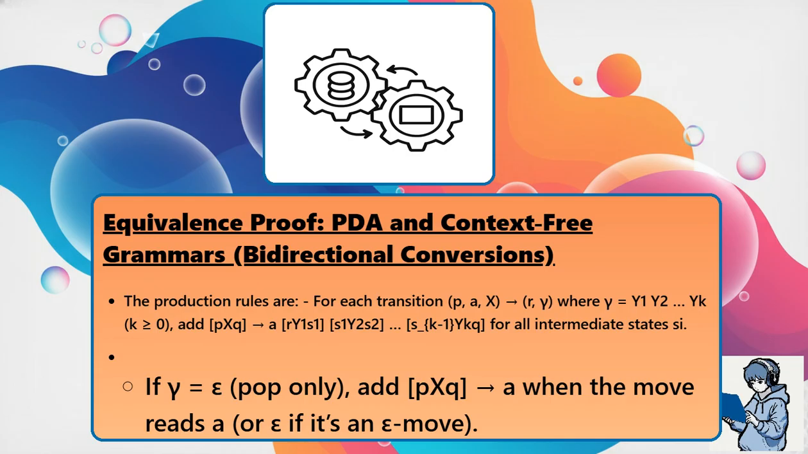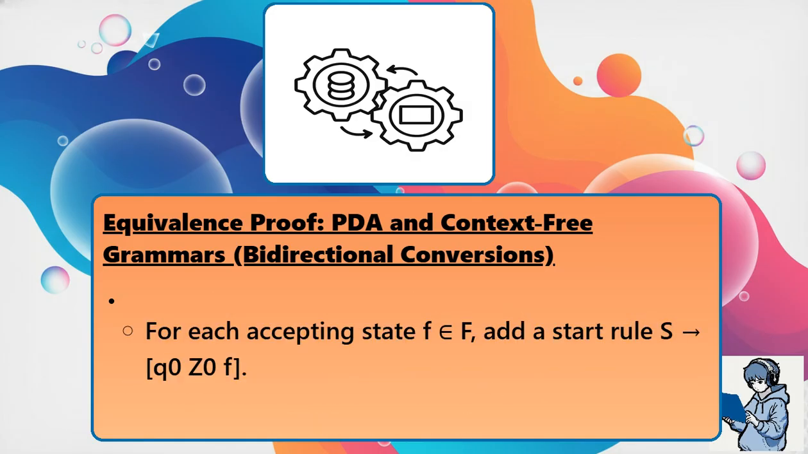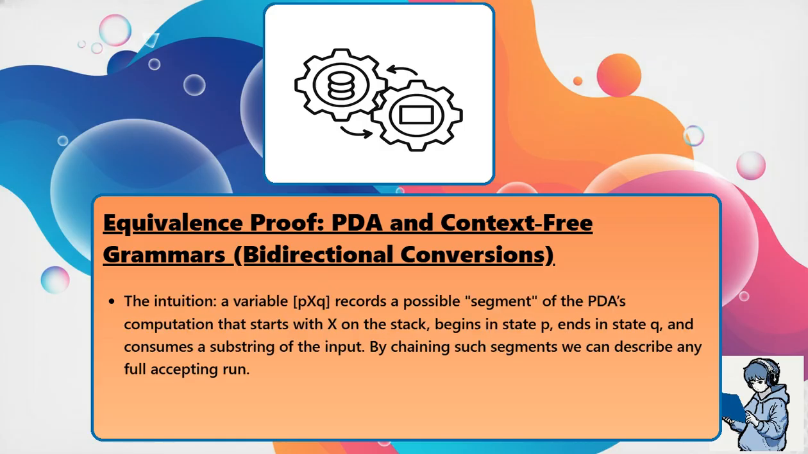If γ = ε, meaning pop only, add [pXq] → a when the move reads a, or ε if it is an epsilon move. For each accepting state f in F, add a start rule S → [q0 Z0 f]. The intuition: a variable [pXq] records a possible segment of the PDA's